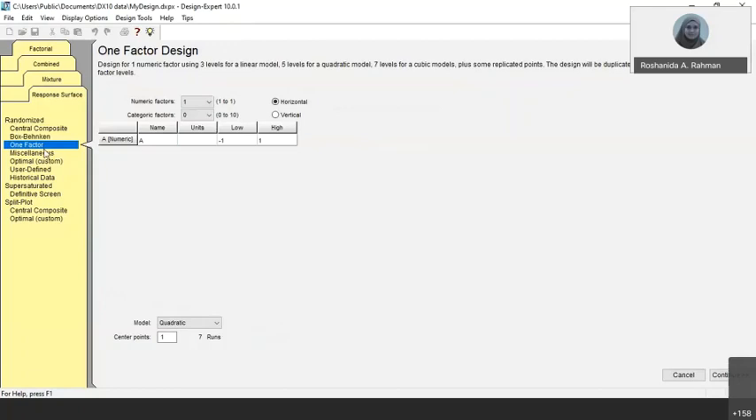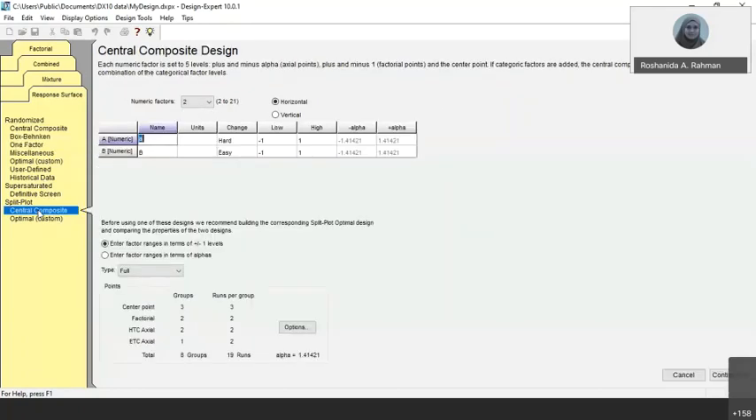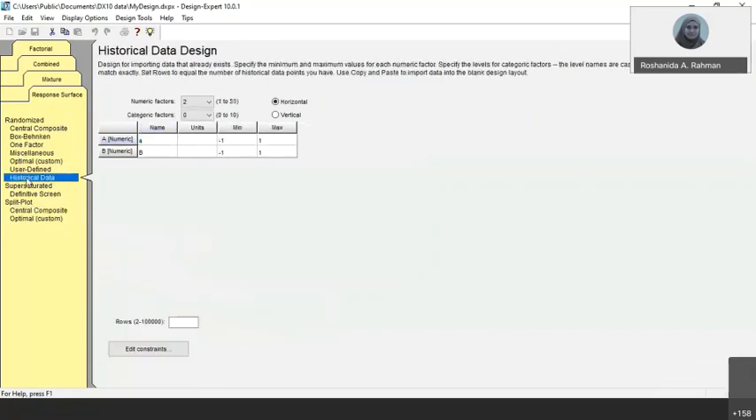Okay, this is for one factor. And also, this is central composite. And also, we still have one more, I think this is extra